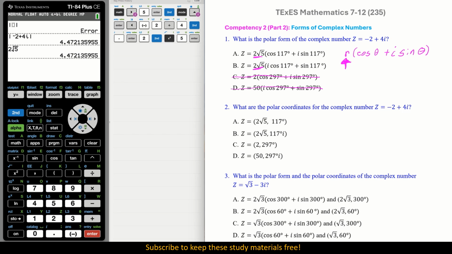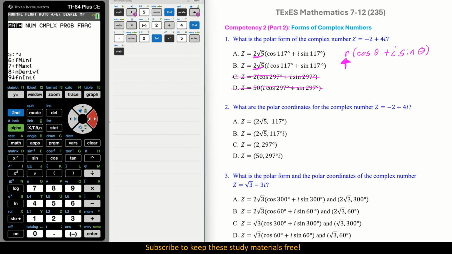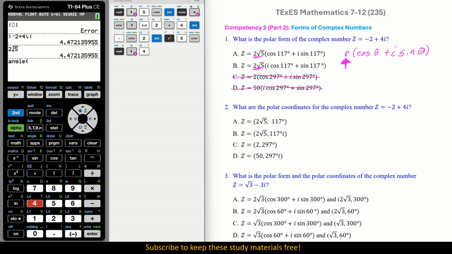So now we use math, arrow over to complex. Now we used 5 last time. Now we need the angle. That's number 4. So now we put in our given in here, and we'll get the angle. -2 plus 4, and then second, the decimal. See that little blue i up there? And I like to close my parentheses. You don't have to, but I do. And then push enter. Now, you will need to round up to the nearest